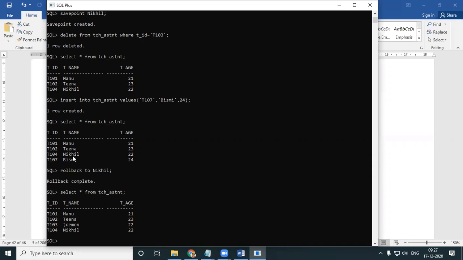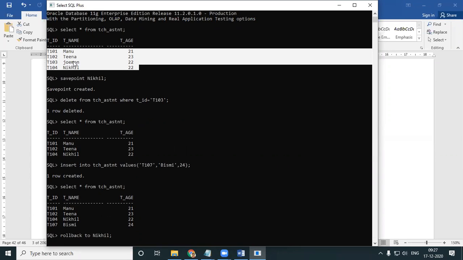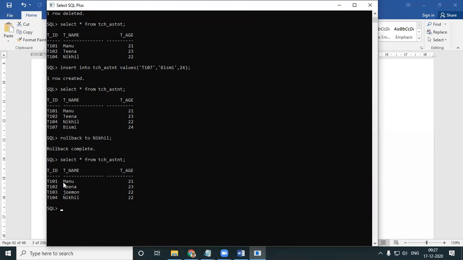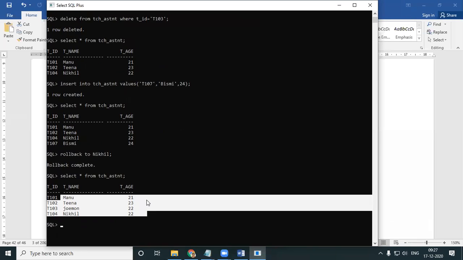Look here. Jomon came back. BISMI went away. My same old table I'm able to get back: Manu, Tina, Jomo, Nikhil. My initial thing. What all did I do in between? I had done away with Jomon. Instead of Jomon, I made BISMI enter the class.